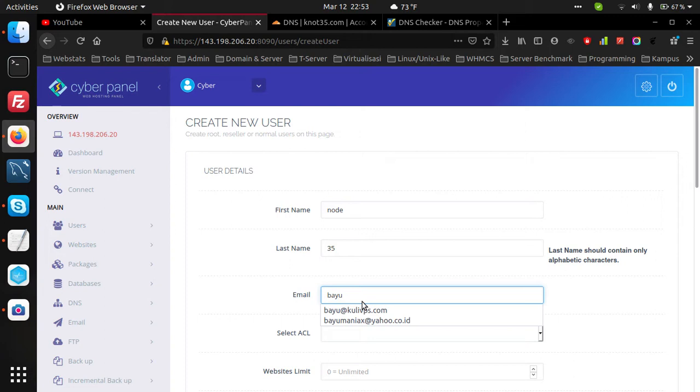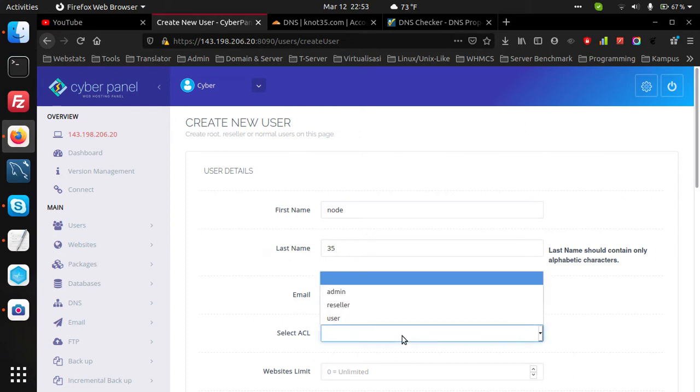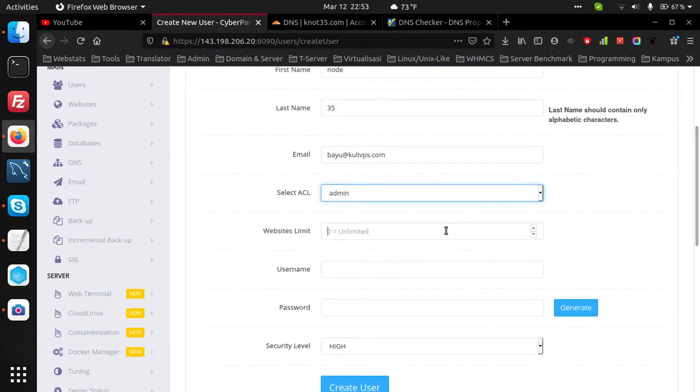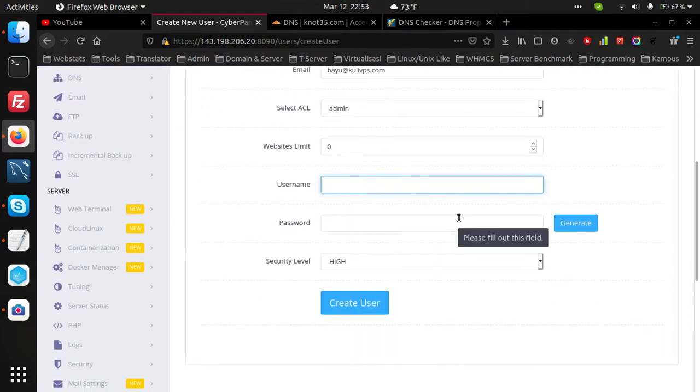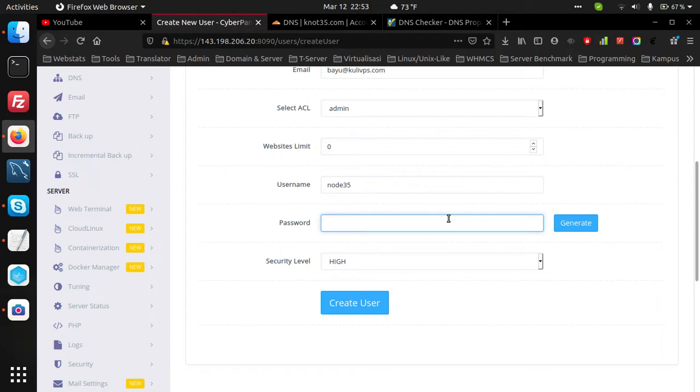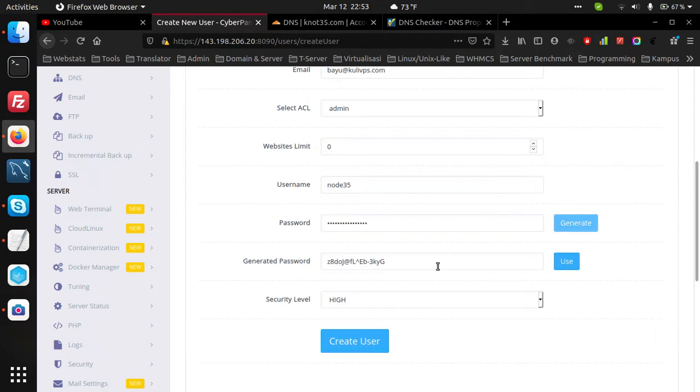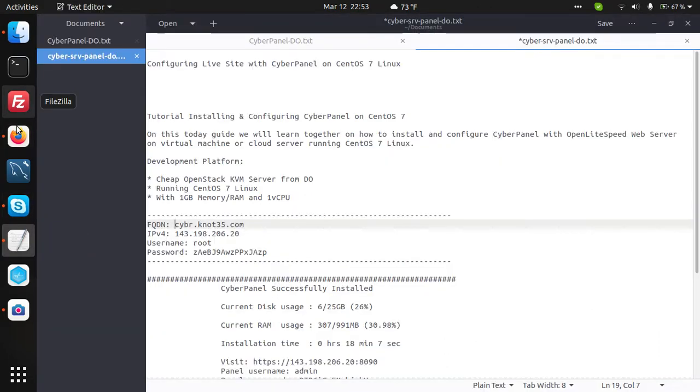Then put your email, website limit we can set to 0 for unlimited. Then for username, you can put your preferred username. Then for password, you can use generate. And for security level, you can set to high.